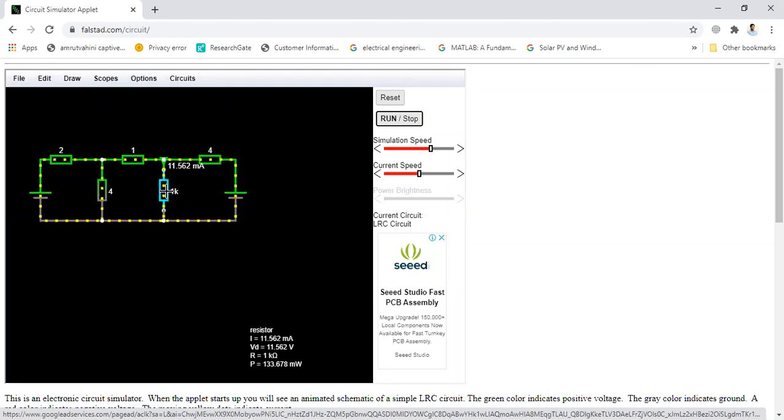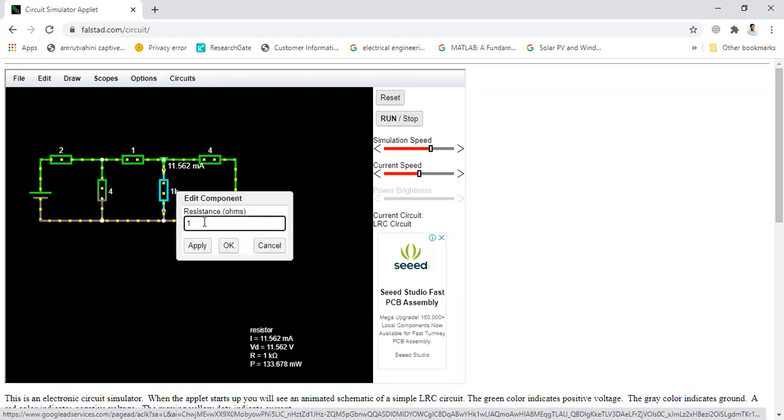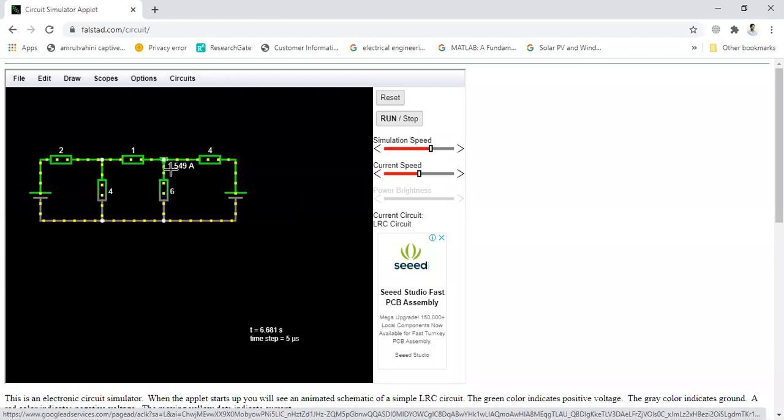I need to change the value of the resistor. See, directly over here you can identify the current flowing across. The same is the case, you can do it for each and every resistor. For example, I'll remove this part. Right now it has changed due to the 20 volt.